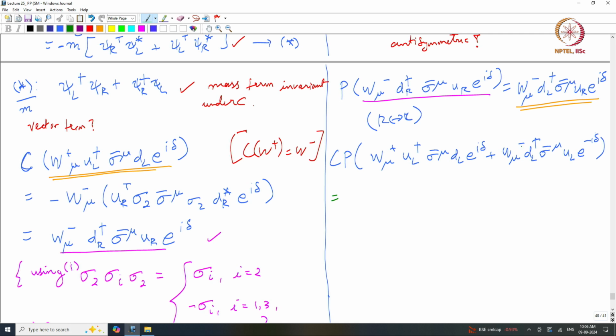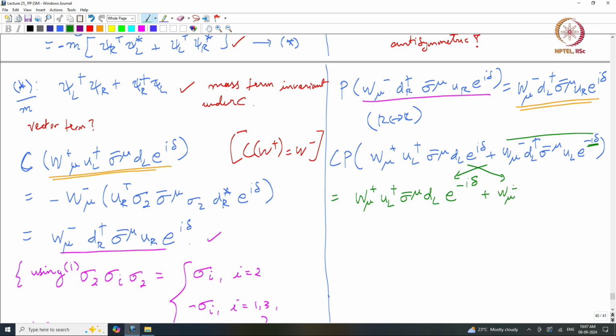Under C, W switches sign; under P it does not switch, right? So I am going to write for this term W mu plus, and then what happens? By analogy with what is going on here, it is UL dagger sigma bar mu dl e power minus i delta, right, this minus. And similarly, okay, so let me just be clear, this is that, and then this term is going to transform as